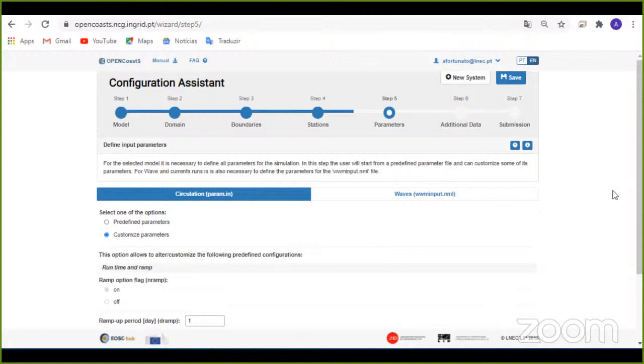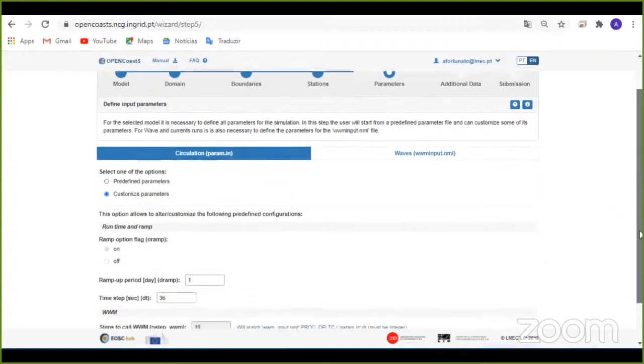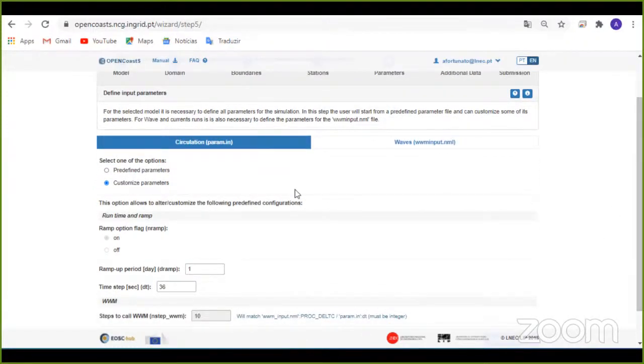Step number 5, we're going to specify the physical numerical parameters. We now have two tabs, one for circulation and one for waves. Part of the parameters are predefined. You can look at them, but you cannot change them, and some of them are customizable, so you can select other values if you want. So we have a ramp-up period in days.